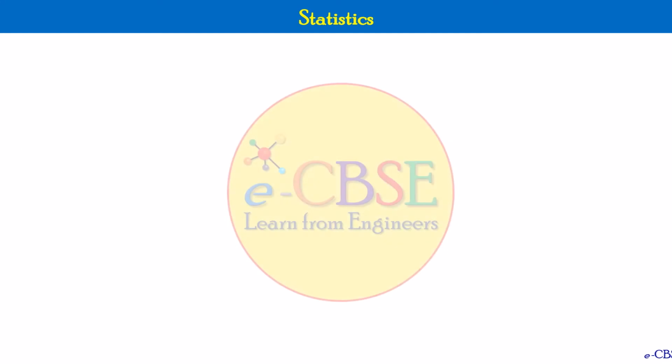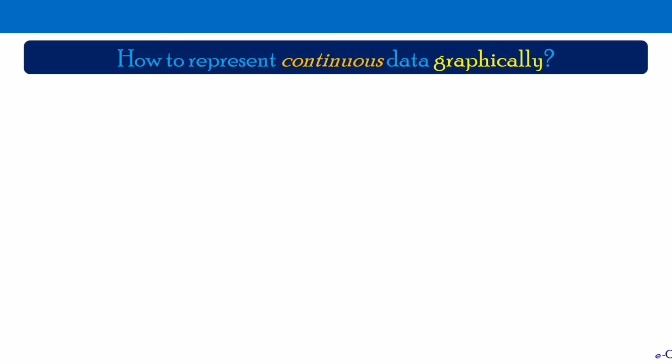Now let's move on to the next type of graphical representation. So let's start with a question here. How to represent continuous data graphically? In the previous example, that is bar chart example, all the data is discrete, right? January, February, March, etc. are discrete. So sometimes the classification is not discrete, it is continuous. For example, weights of individual students, correct? So how to represent such continuous data graphically? We use something called histogram, correct?